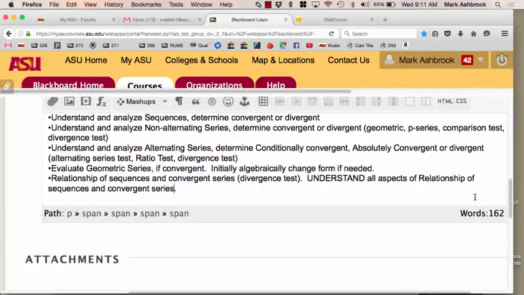Understand all aspects of the relationship of sequences and convergent series or divergent series, etc. Okay, so there can be stuff about that. Okay, so you need to know how to